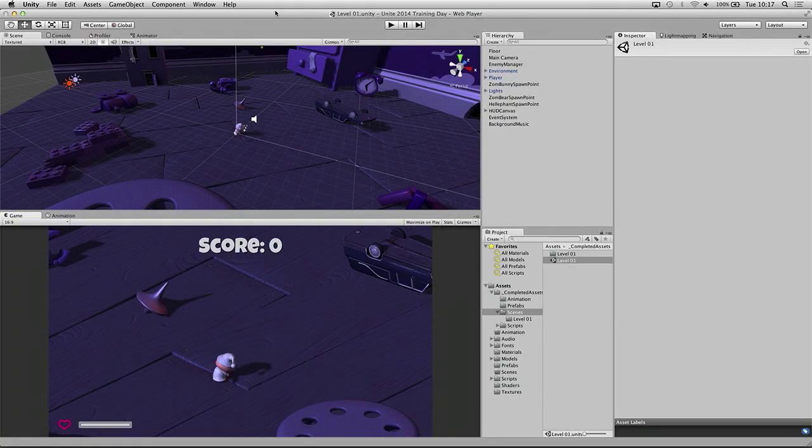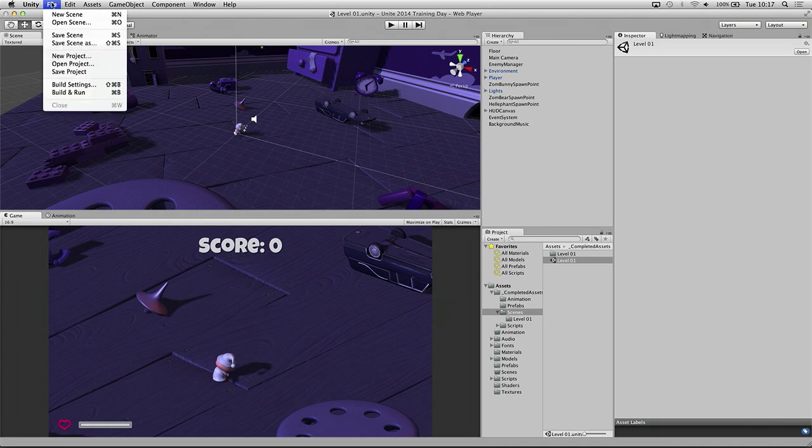Okay, so the very first thing you'll notice is that on my screen I have the project open. We don't want you to have the project open at all. What we want you to do is to make your own new scene, and we're going to put this project together. So if anyone has got the scene open, we don't want you to do that. We want you to make a brand new scene. So first of all, we're going to go to File, New Scene.